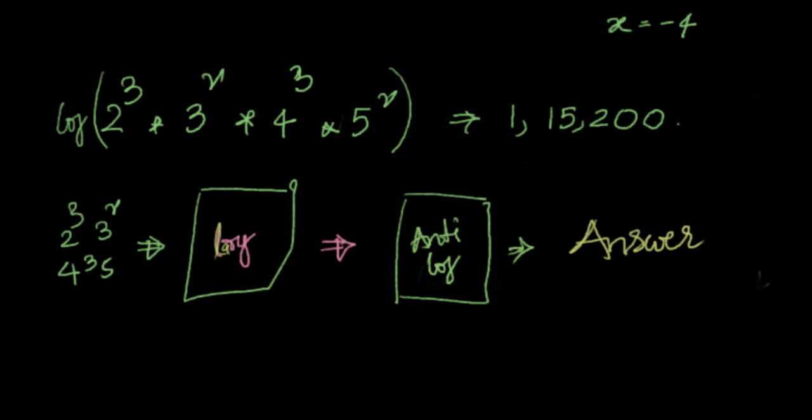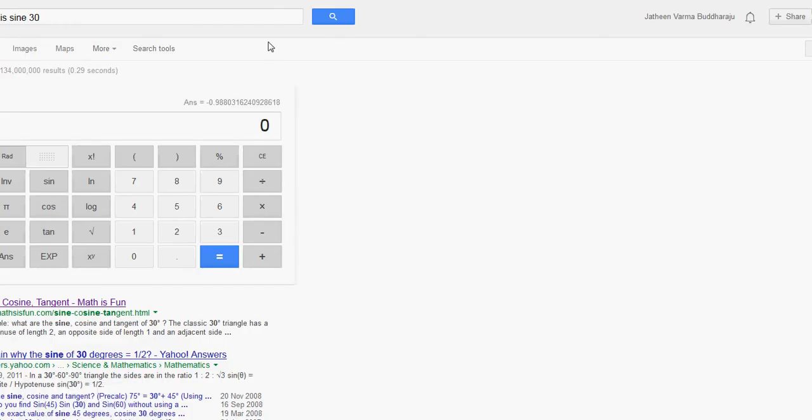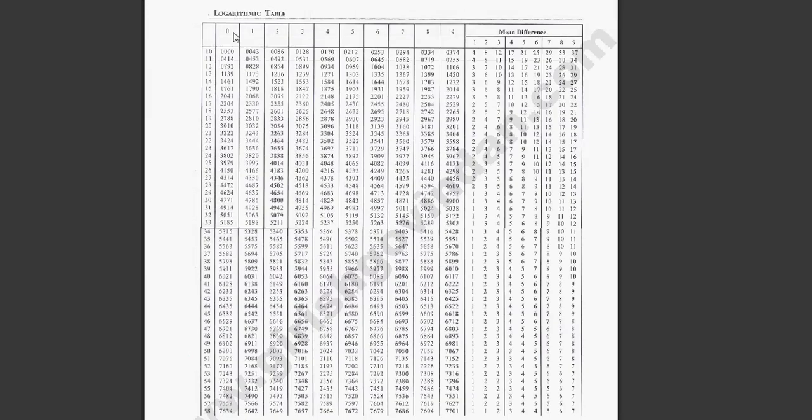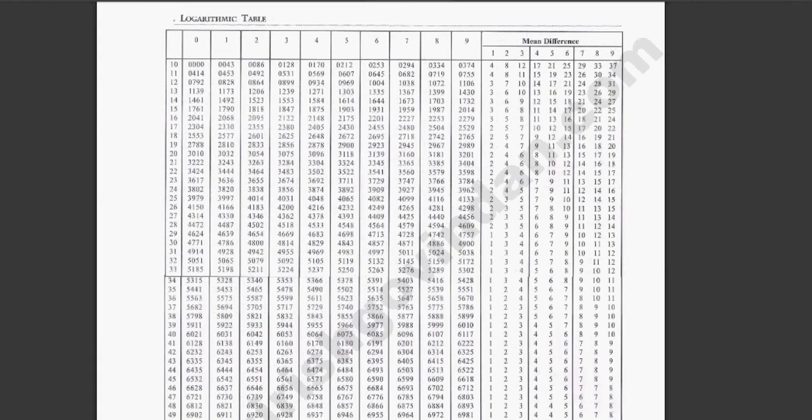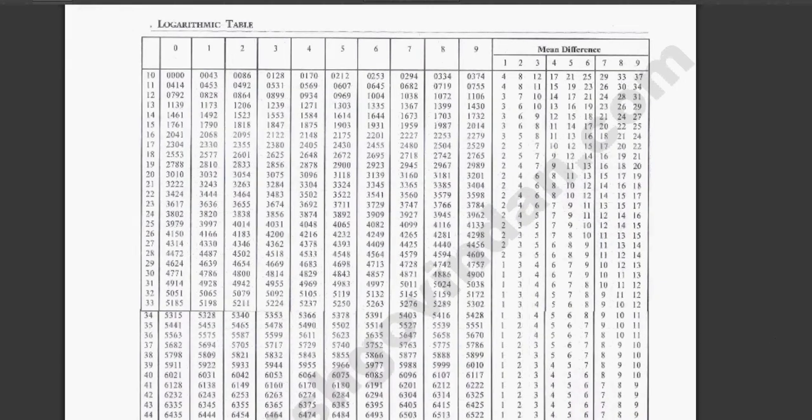I will show you how the tables used to look so that you will appreciate how they were. I have an example here. Let me show you. This is how the logarithmic table used to be. Let me just zoom it so that you can see it better. I remember studying it 30 years back, but I don't remember exactly how it is done, and we don't do it anymore, so you don't need to, but just remember that that's how it used to be done.